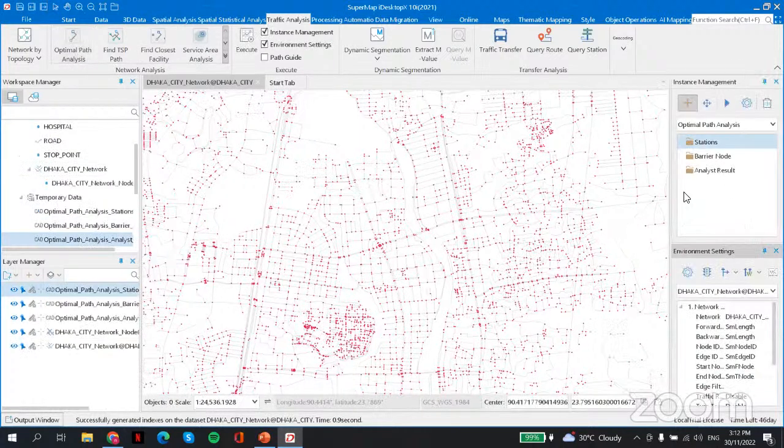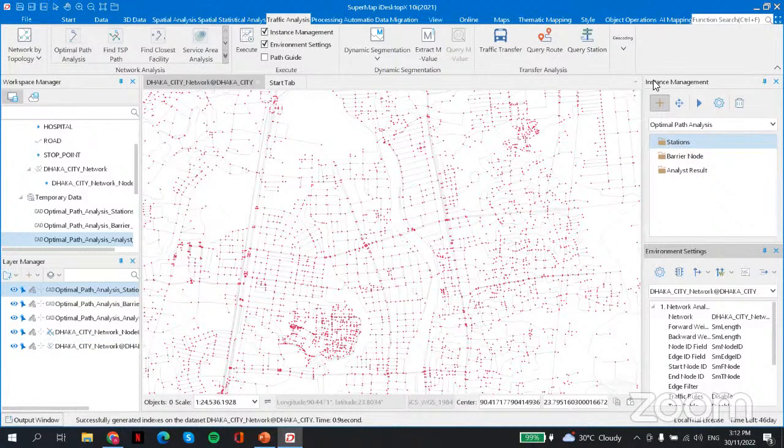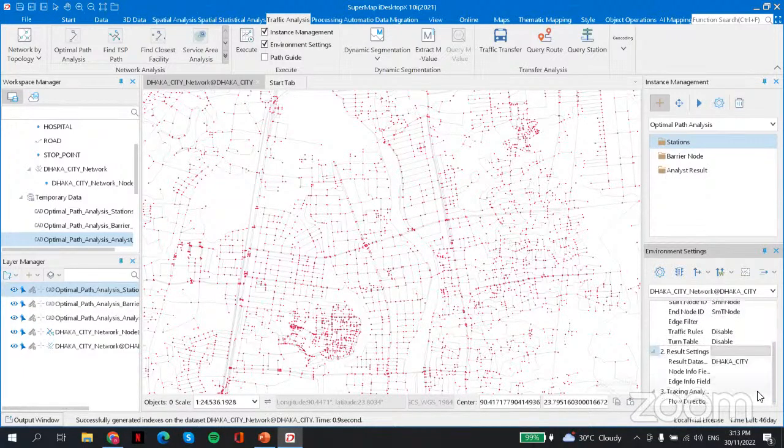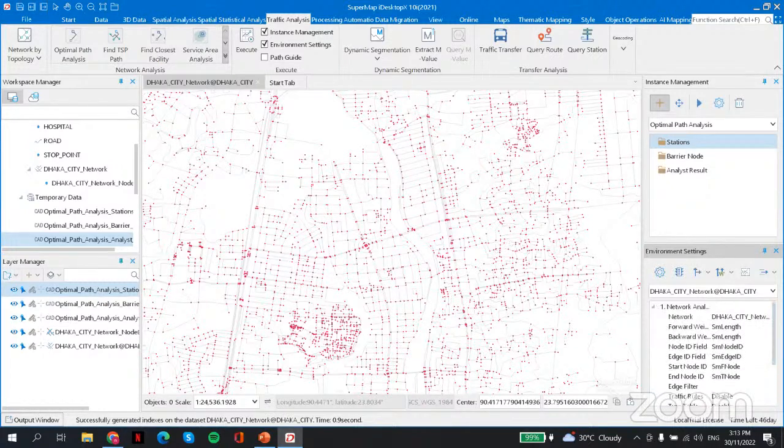You can see two tabs come out on your right, the instance management and the environment setting. In this environment setting, we can change the network analysis settings, and we can also enable the traffic rule setting, which is currently disabled, so you can enable it by clicking it.